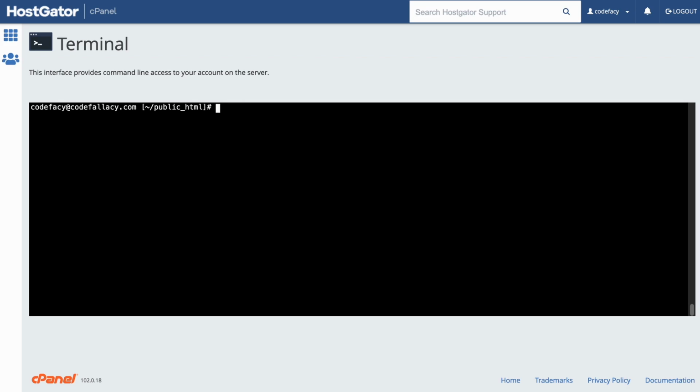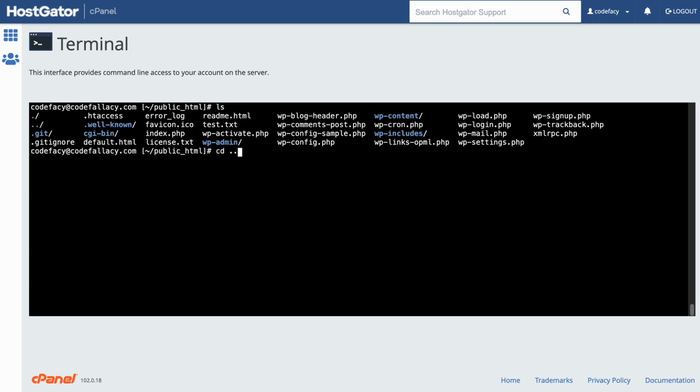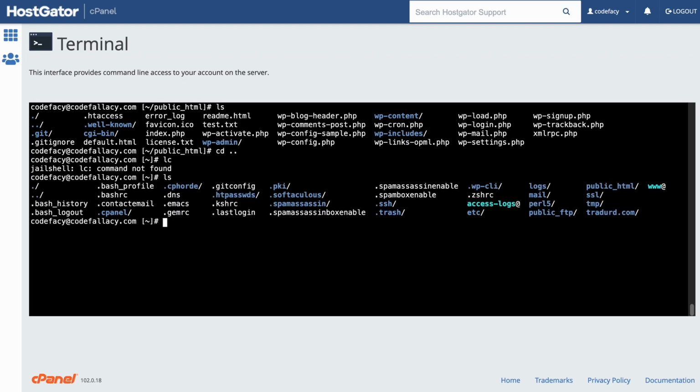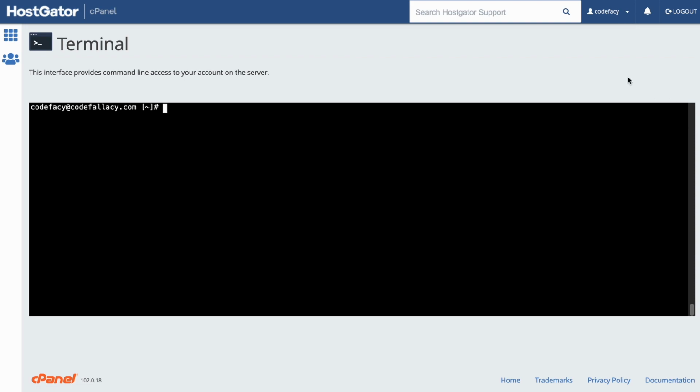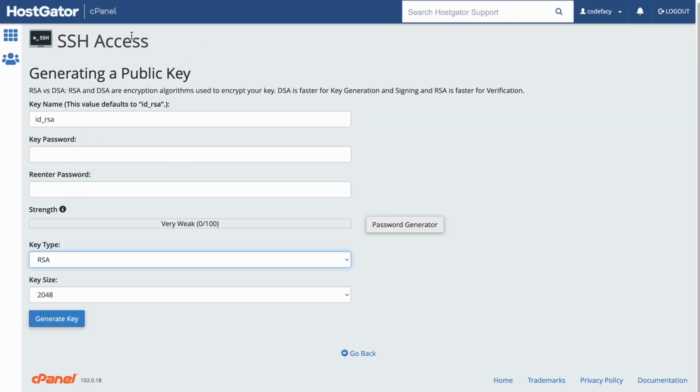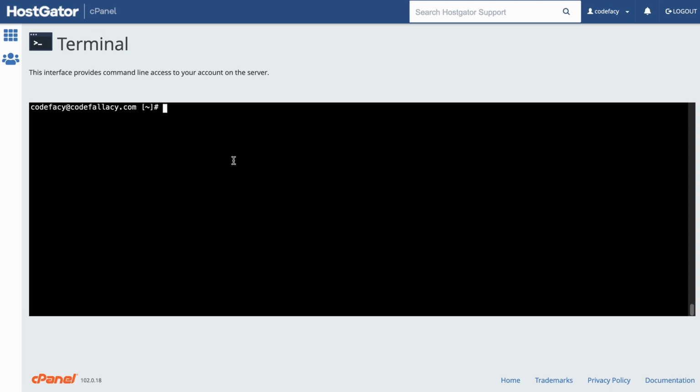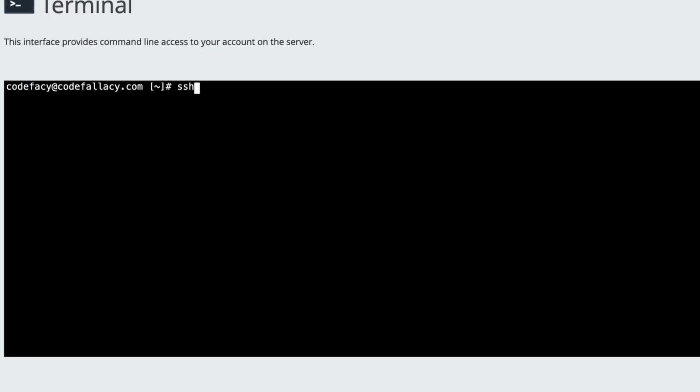So we're going to clear it and back out. Right now we are at the root directory for our server, and let's hope that this server has ssh-keygen installed. Awesome, it does have it installed, which is important. We're not going to generate a key just yet. This tool is basically what cPanel uses. cPanel is just a front end for ssh-keygen, but it doesn't allow you to create other types of keys. What I found is that you need to type this command: ssh-keygen